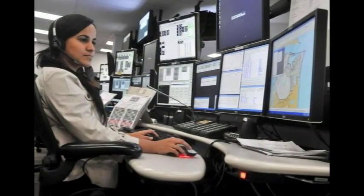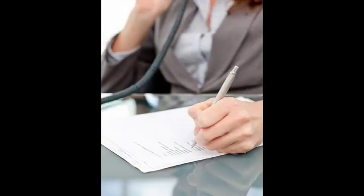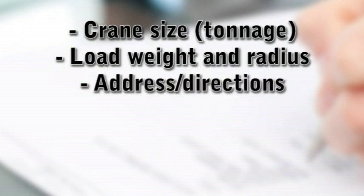The initial information acquired from the client is the foundation of the planning process and is key to a timely and efficient completion of the job. A detailed list of required information should be asked of every client and should include the following: size of the crane required, or tonnage, load weight and radius, address and directions to the site,